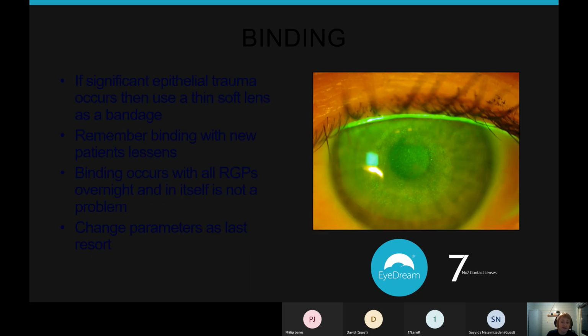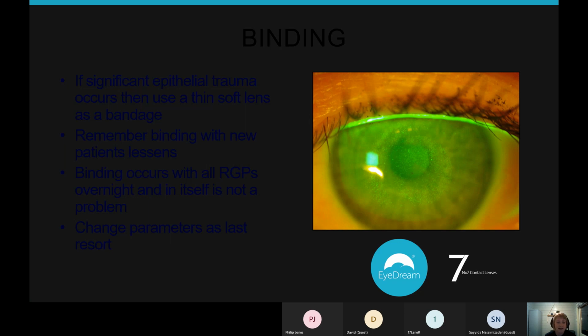Because if they do it, then they're going to get the appearance similar to this, which is that you've popped a lot of epithelium off. And if a patient comes in having done that, then if you put a thin soft lens over the top, it will act as a bandage. The damage tends to be very shallow, so it re-epithelializes quickly, but the patient can be really put off by the experience,